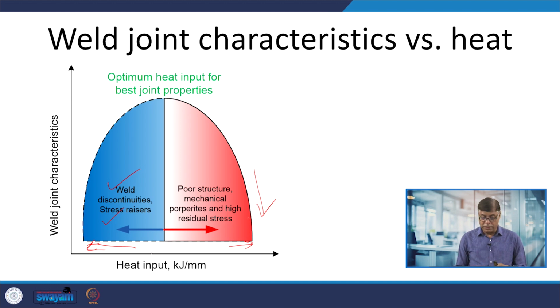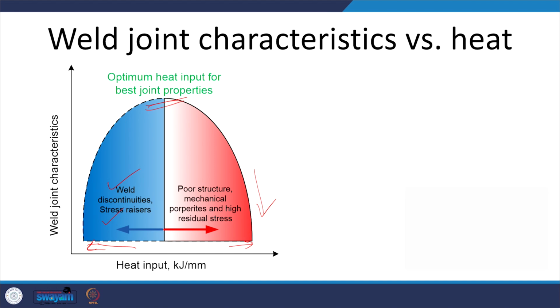So, neither too low heat or too high heat will be favorable. We need to optimize, or through the proper welding procedure, we need to establish the optimum amount of heat, so that the joint is sound and it is having the desired set of the properties. The performance of the weld joint can be easily related with the heat input, and why? Because heat input